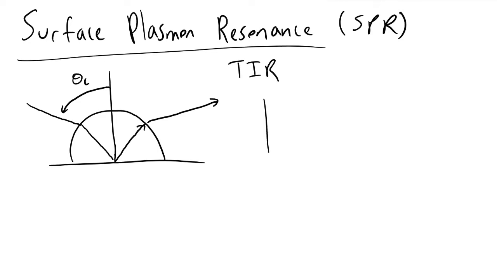Typically what we see in physics is a graph that looks like this, where this axis is theta, and this axis is reflection, and this will be 1.0, so 100% reflection, and we'll see a function that resembles this. Once we reach our theta c value, any light ray that enters our prism with a theta greater than or equal to theta c will have total internal reflection. Now, what makes things interesting in surface plasmon resonance is if we coat the